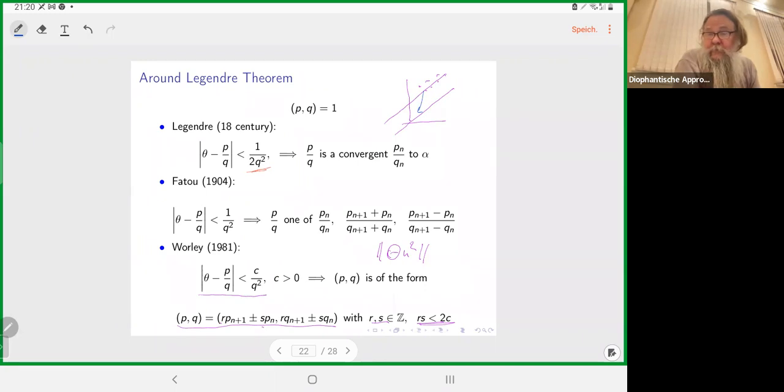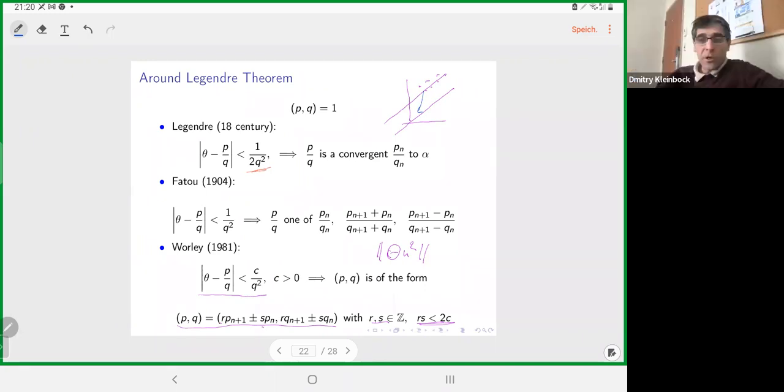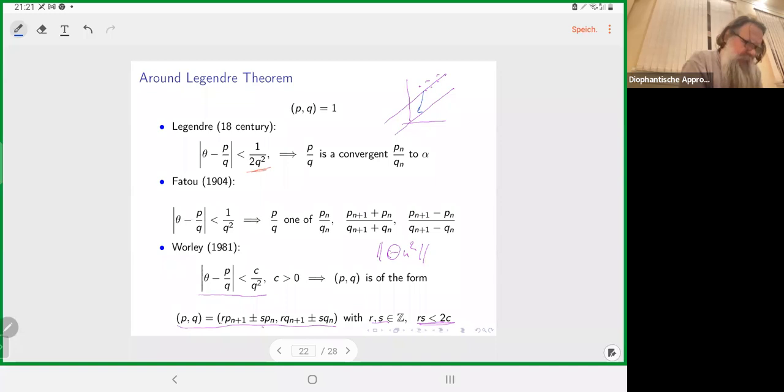This is what we do here. So you have theta and eta, and you're using continued fractions for theta. This is not exactly what we do, but